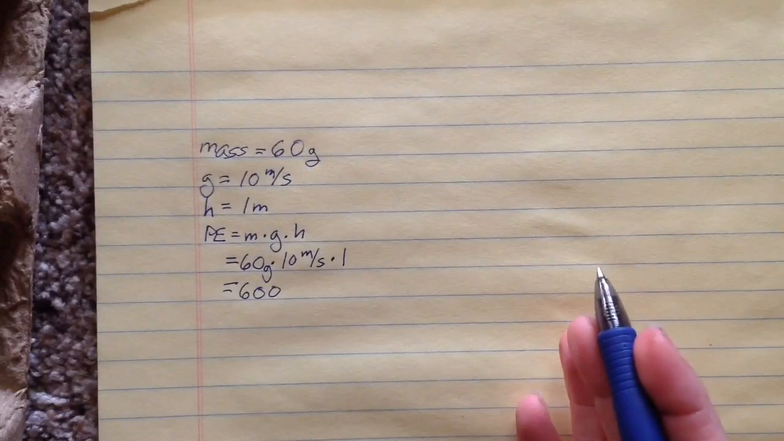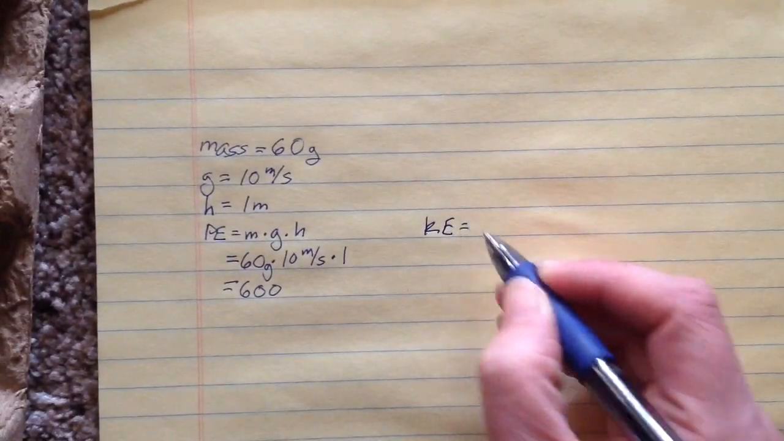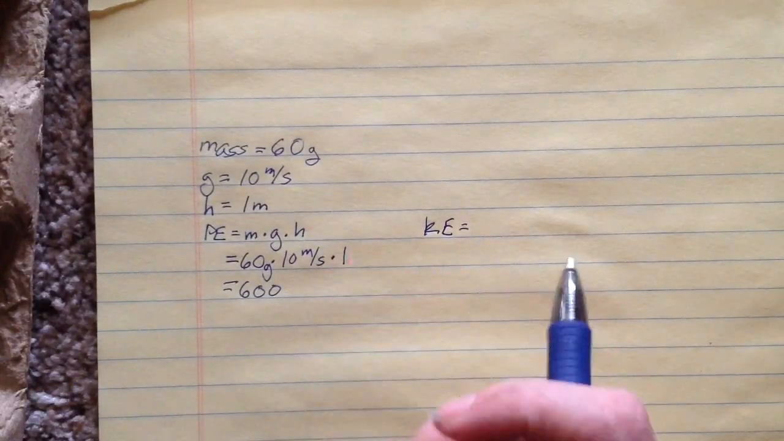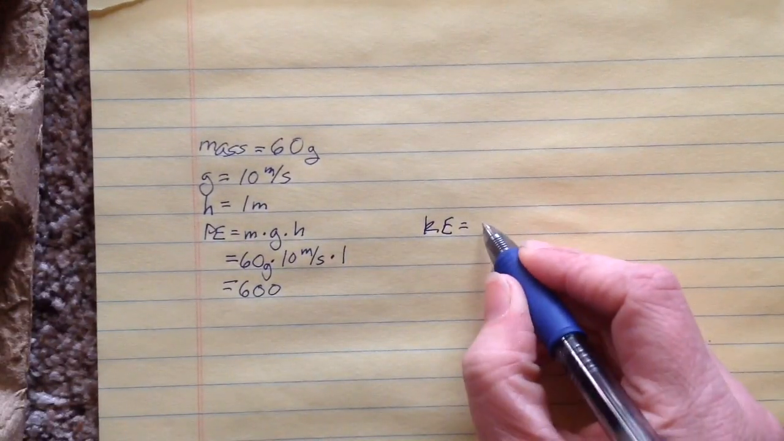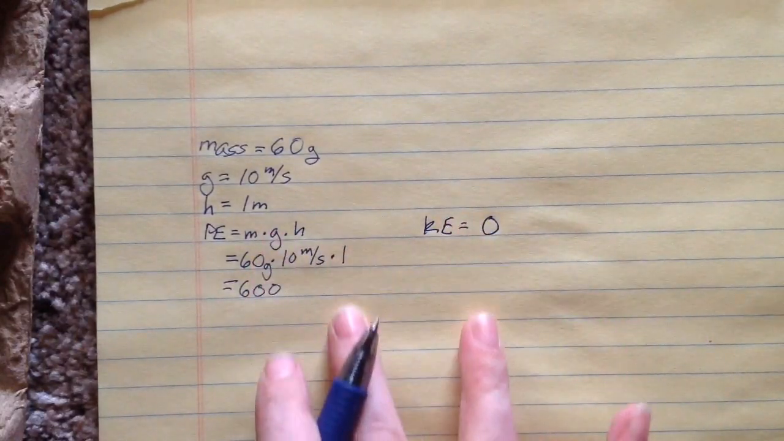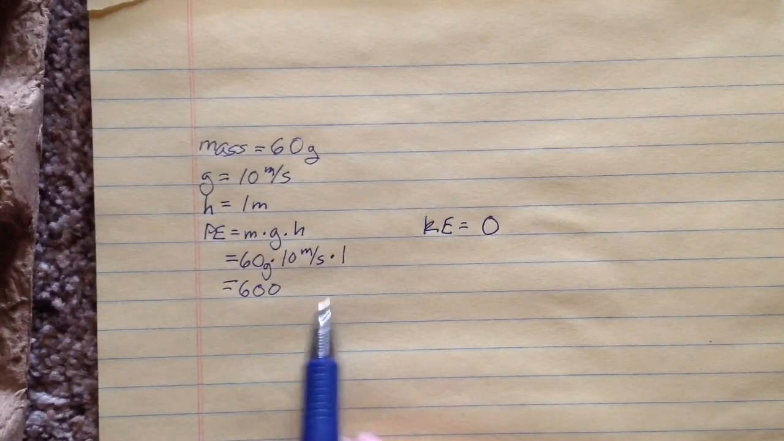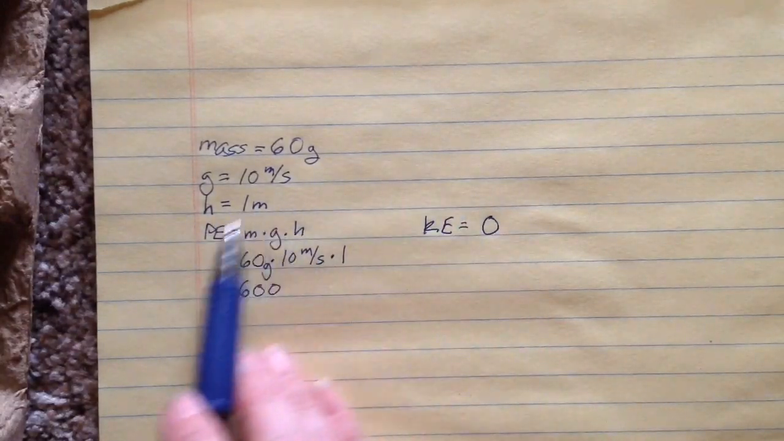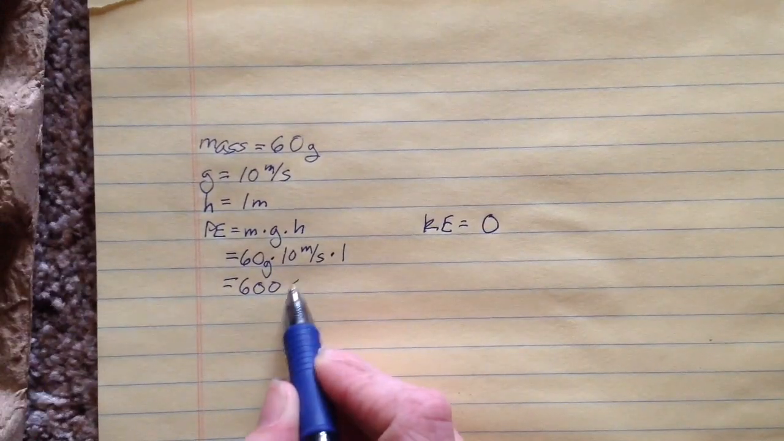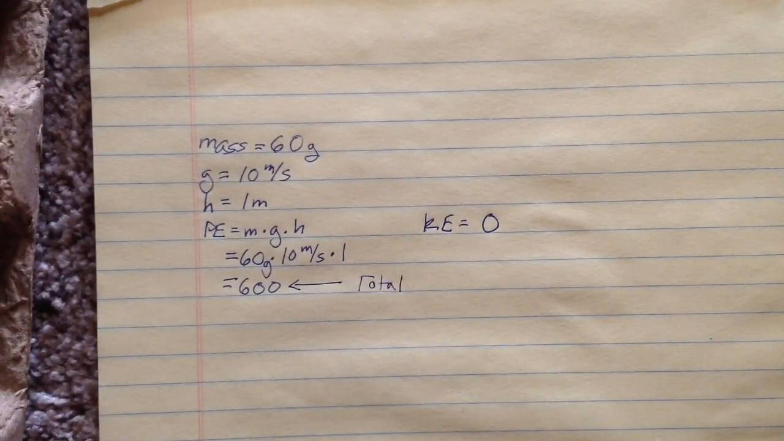Now, at that top point, when I first drop the ball, I do not need to calculate kinetic energy. I know that initially it's not moving, so my kinetic energy must be 0. Throughout the whole time it's dropping, my total energy needs to remain the same. So since initially all my energy is potential, I know that 600 is also the total energy. So as I fill out the table, I just need to worry about my total energy being 600 when calculating